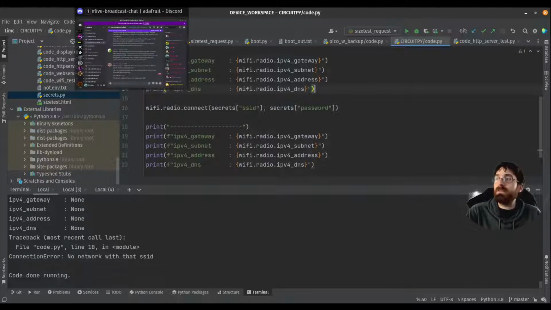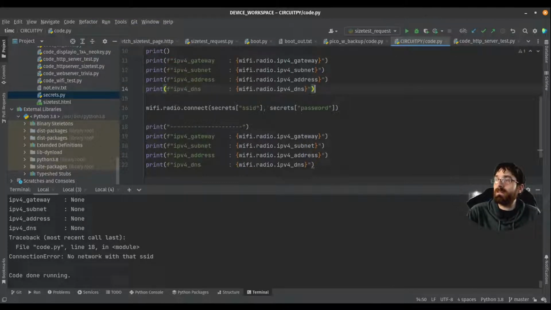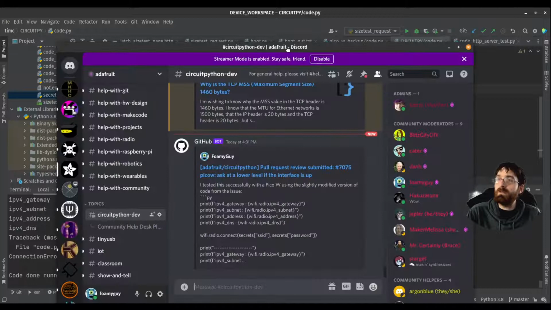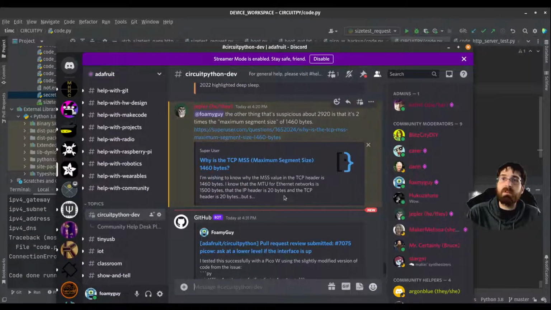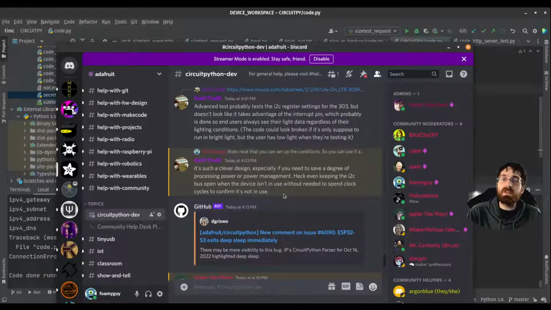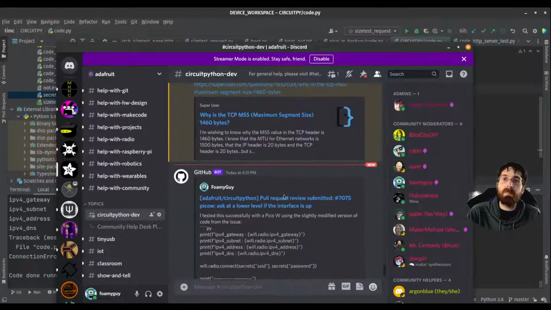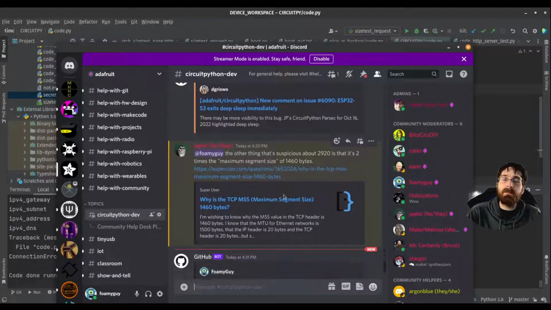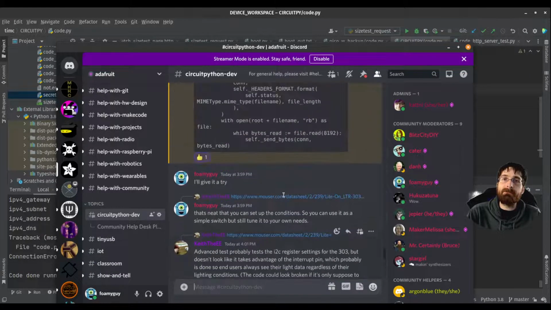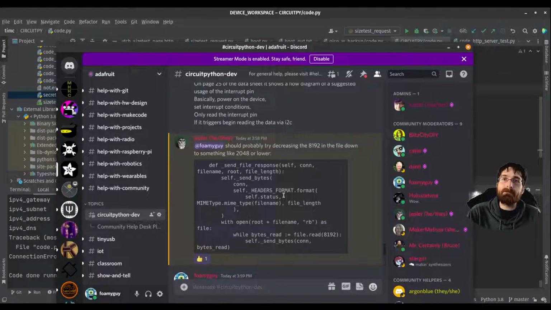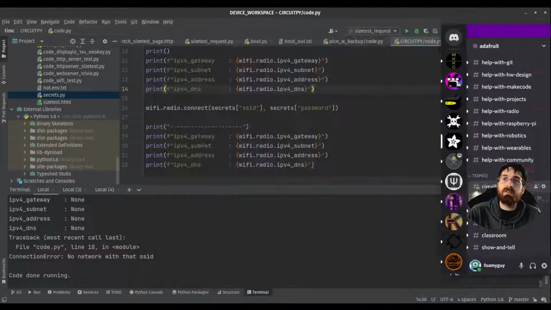Okay, so let's try what Jeff mentioned here. It is going to be inside HTTP server, and it's lowering the bytes.